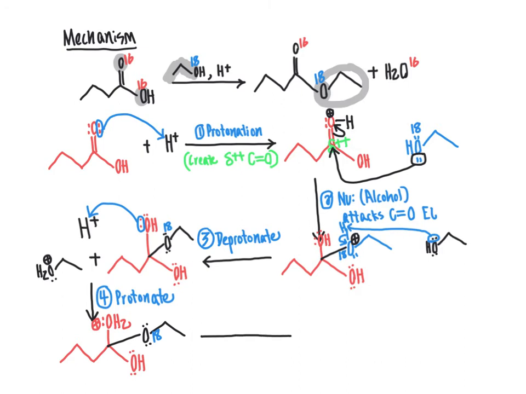Now, coming onward, moving along toward the product, what's going to happen now is that water, which we have created here within our organic molecule, is a very good leaving group. And so what will happen is that the water will break away. And as the water breaks away, we can also, in order to maintain an octet on this carbon atom that I'm circling, simultaneously move a lone pair of electrons down from the oxygen here to create a carbon-oxygen double bond. So we'll go ahead and do that,